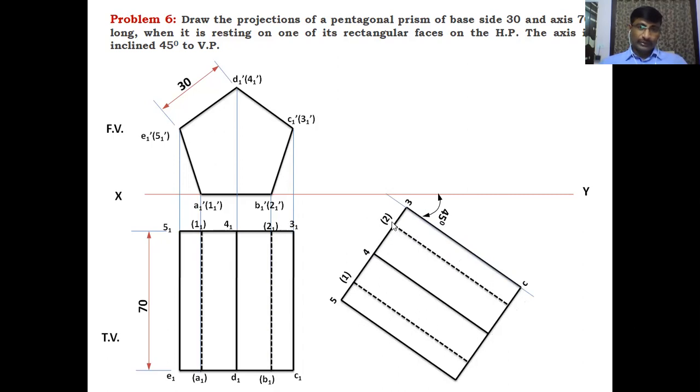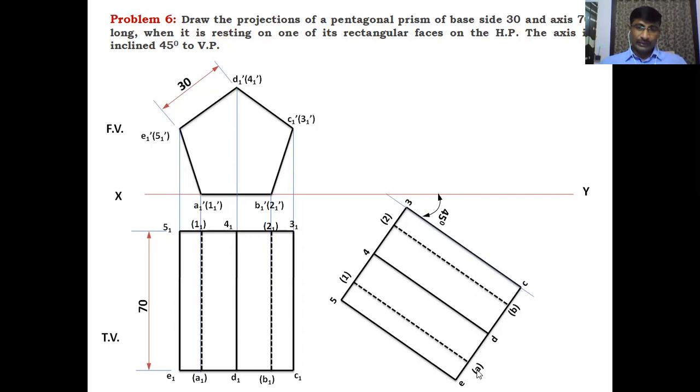These two corners are invisible corners, that's why I'm locating them in brackets. 4 1 becomes 4, 5 1 becomes 5. After rotating the solid, the points are like this. Then the lettering: A1 becomes A. A1 is located as A here in the second stage top view, and B1 becomes B.